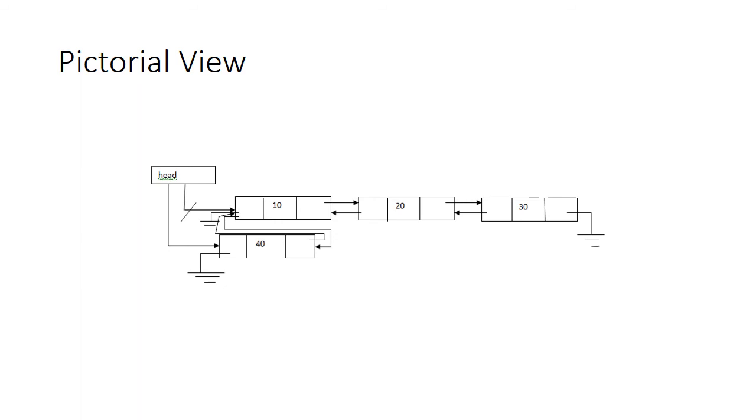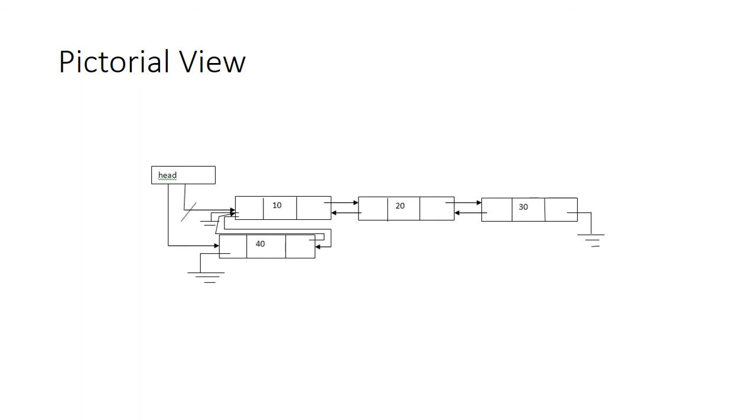Let me mention once again. First of all, I have to allocate the memory for the node. I have to enter the data in the data field of the new node, and initially, without testing any condition, I will make the left pointer as well as the right pointer null. I will check whether head is equal to null or not. If the value of head is equal to null, then it is understood that I don't have anything in my list. Then this particular new node will become my head.